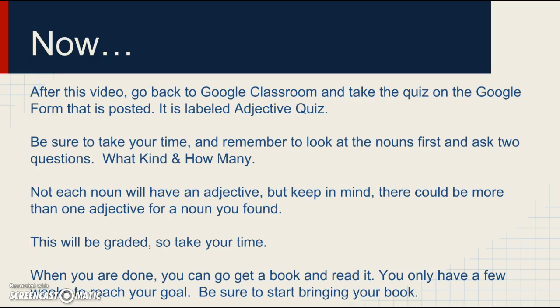Okay, guys, if you have any questions, come up and ask. But remember, adjectives describe nouns. Nouns are a person, place, or thing. Find the noun in each sentence. Ask two questions, what kind and how many. The answer to those is your adjective, and you can simply take the quiz that way. Again, I hope you took some notes. If you need to go back and review any of this video,